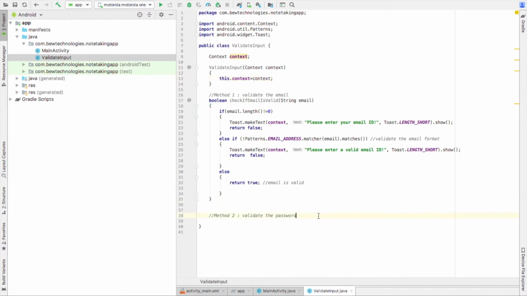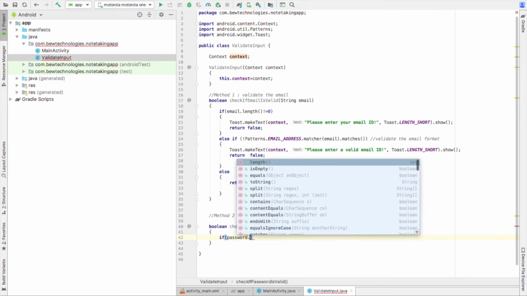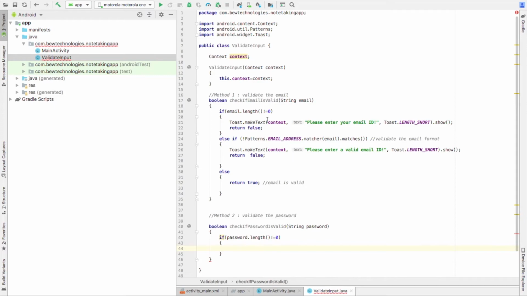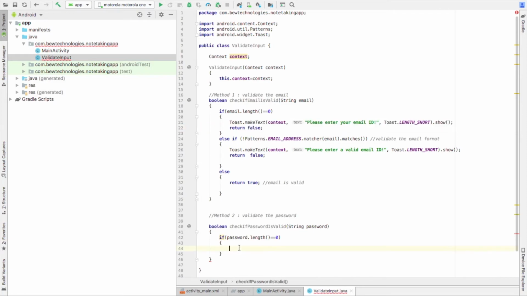Now we'll create a same method for the password. Check if password is valid. For now we are doing some basic things, like if, sorry, this condition is wrong. We have to give password dot length is equals to 0. So if it's 0, we'll do the same thing. So I'm just copy pasting it. You can also do the same.